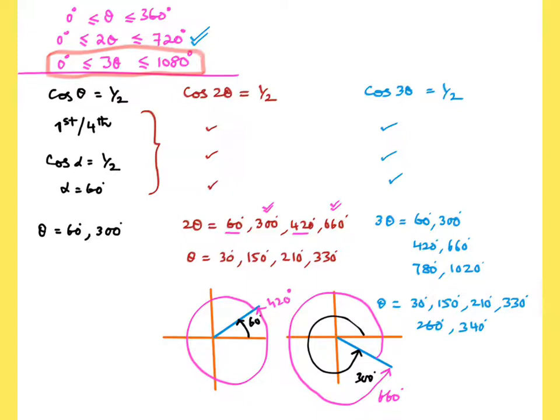Now, when I have 2 becoming 4 and 4 becoming 6, compared to the original, it's tripled. Compare the second question to the first one, it's doubled. But each answer is also reduced. This is that thing. When you draw a graph on the horizontal axis, the number of cycles is compressed. Sin theta, 1 cycle in 360. Cos theta, 1 cycle in 360. Cos 2 theta, 2 cycles in 360. Cos 3 theta, 3 cycles in 360. So therefore, the number of solutions increases, but each solution is divided by that value.